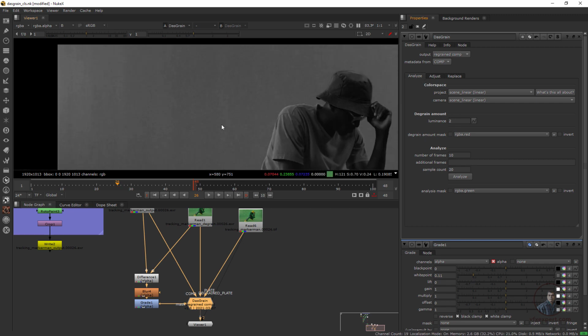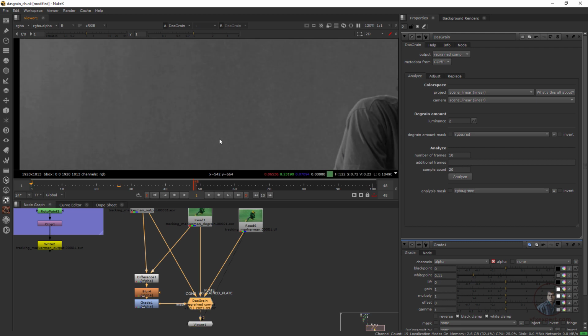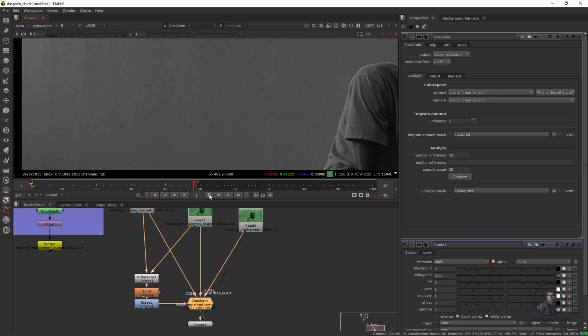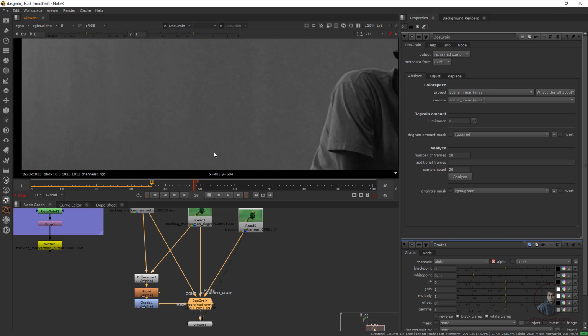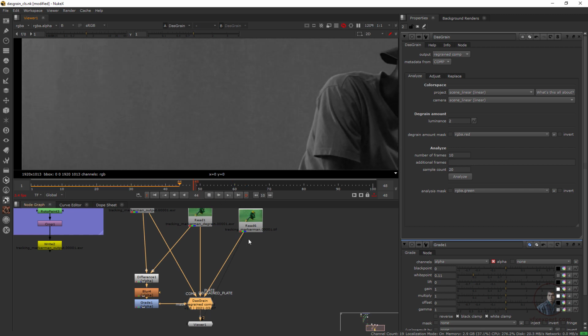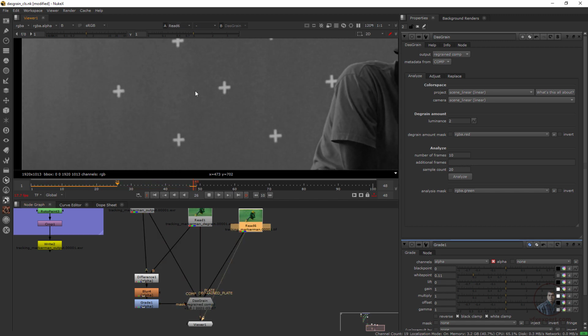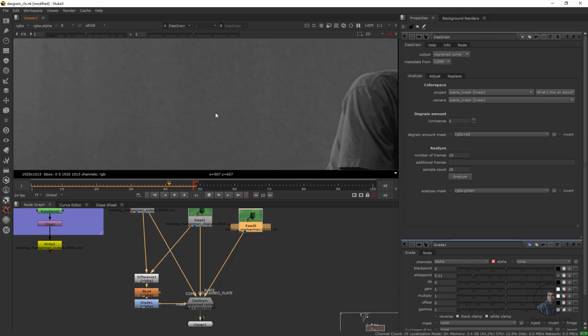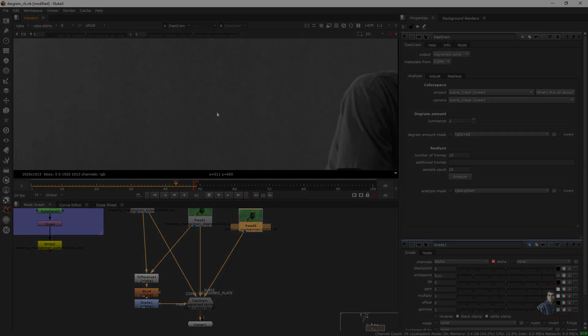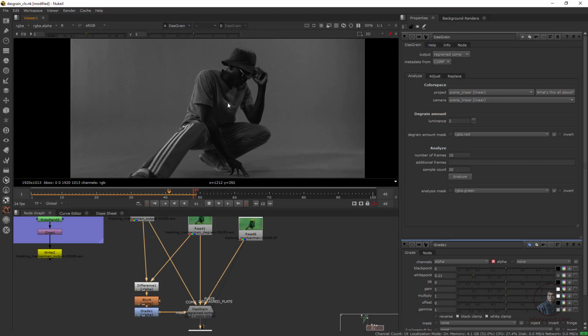Now we have to play and check. So first just play and check. So this is our final output after reapplying our grain. Now we press 2, so we can easily compare. So now you can see, we have reapplied our grain on our final comp here, and this is matching with your original plate here. So now guys, this is our final output here.